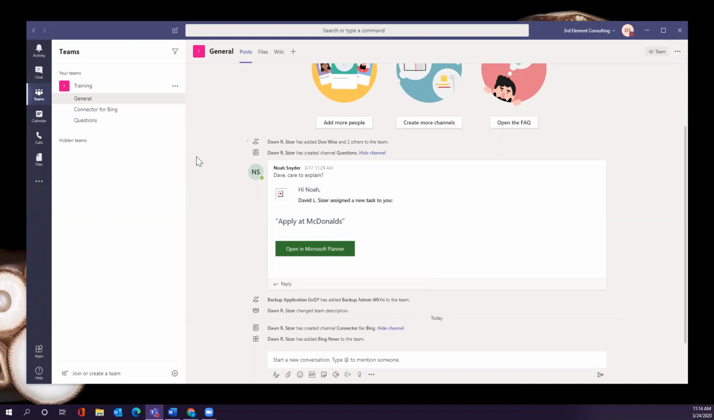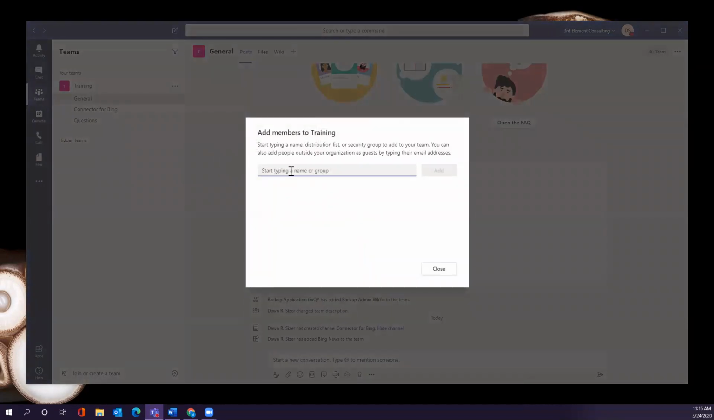And again, you can include outside people. You just have to invite them. To do that, click on here. You want to add a member, you can add a member. I can start typing their name. So if I wanted to add in, let's see,